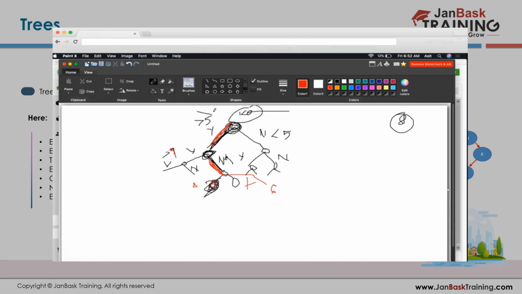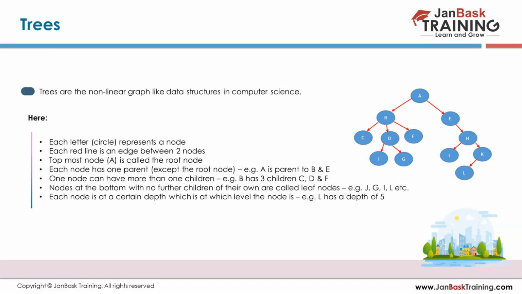Because it is greater than 5 and less than 9, that's the condition we got from these two nodes. Then there are three options available: 6, 7, 8. 8 will come to this node. Then your algorithm will stop. If you get into the leaf node, then your algorithm is stopped. If it comes to J, G, L, these are the leaf nodes, then it's the end of the algorithm.